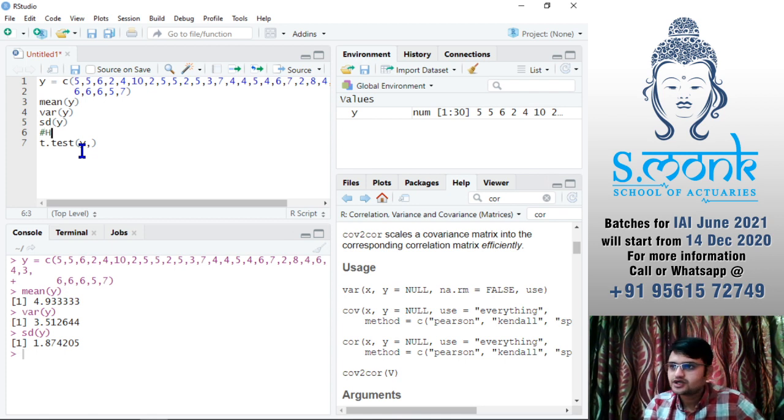So H0 is that our mu is equal to 6, and my alternative H1 is mu is not equal to 6. So for this, our alternative is going to be double-sided.